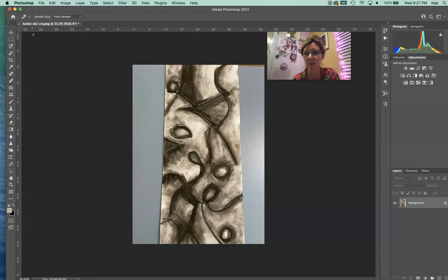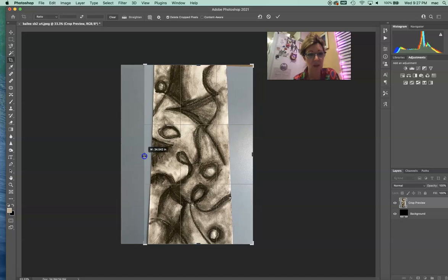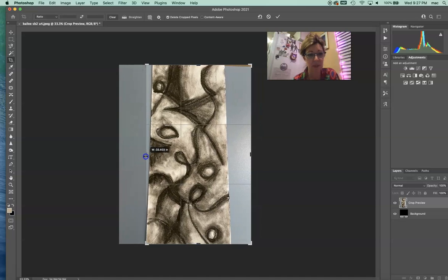And we want to just go ahead and crop. Just go to the crop tool, which looks the same as the one on your phone. And then you just click on it to activate it. And we're just going to get as close as we can to the edge. If you're having a hard time